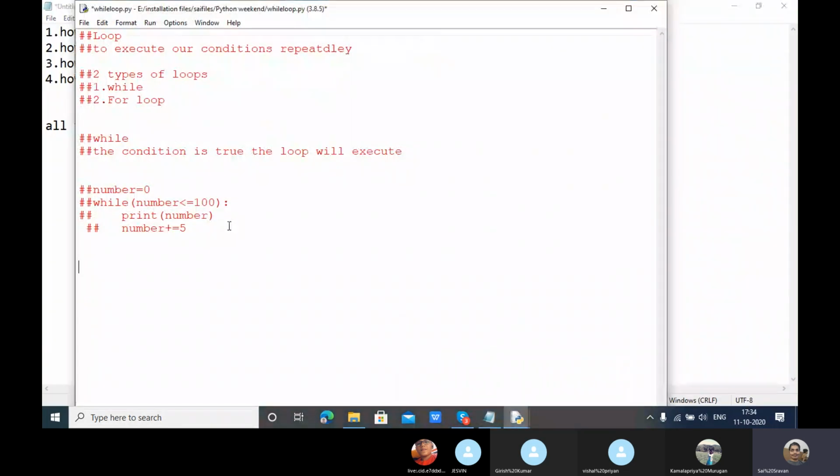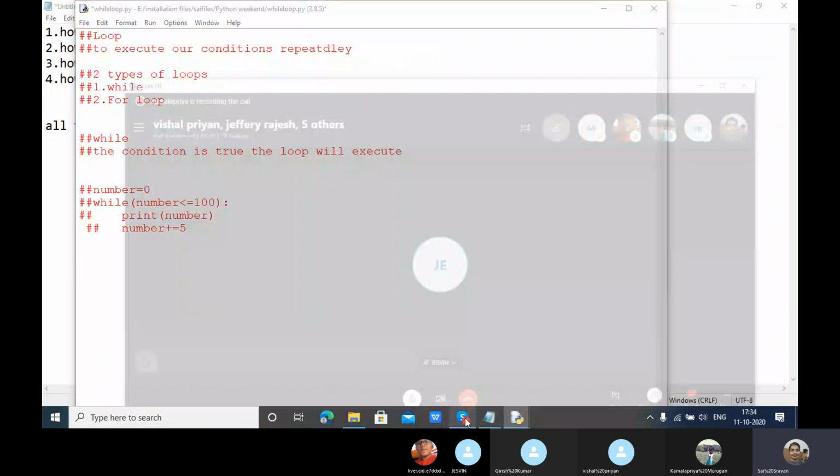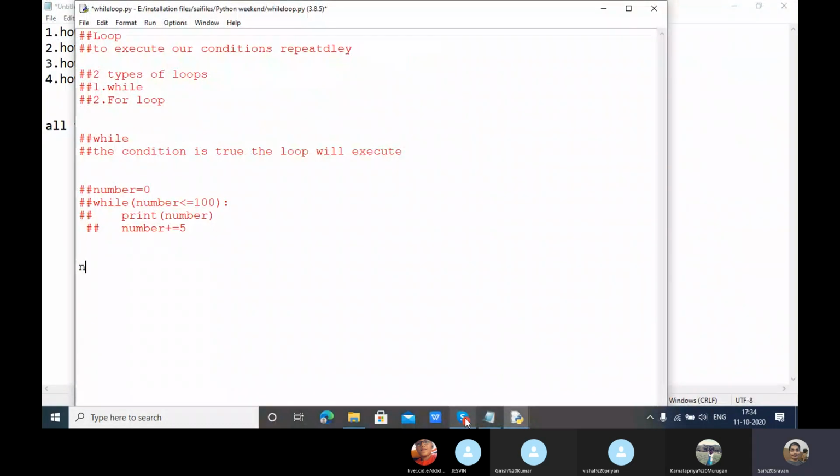Now the while loop we will see with user input. First, the same number I am taking equals integer input of, enter first number. Next, or you can take another way: instead of number, you can take start number, and here you can take the end number.